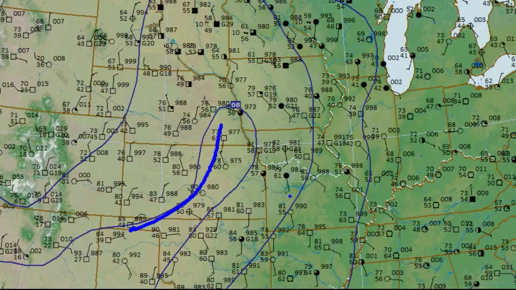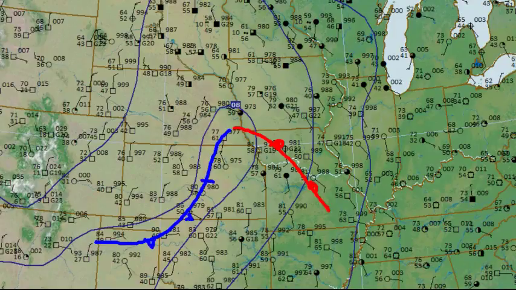Then where do we find the warm front? Well, the best way to do that is to start in the moist sector down to the south. You can see we've got 84, 56, 81, 60, 81, 58, pretty much the same. And now we get a little bit of backing and slightly cooler conditions there up in Iowa. So I'm probably going to go something like this for the warm front. And there's our cold front. So that's our basic